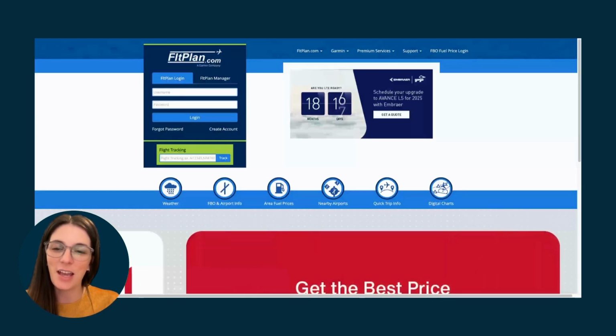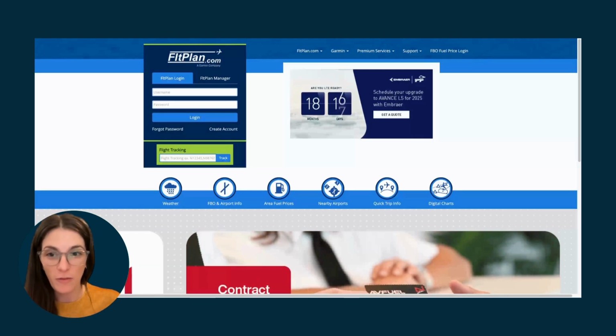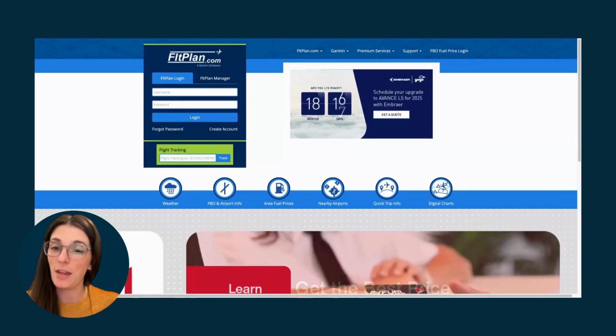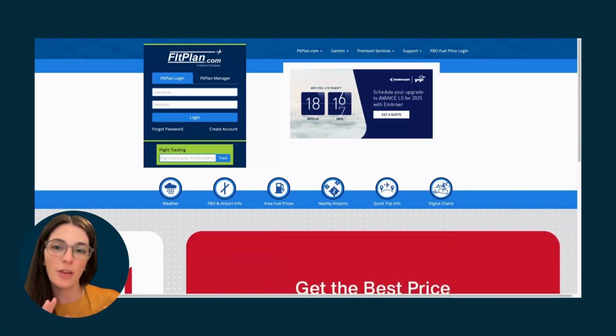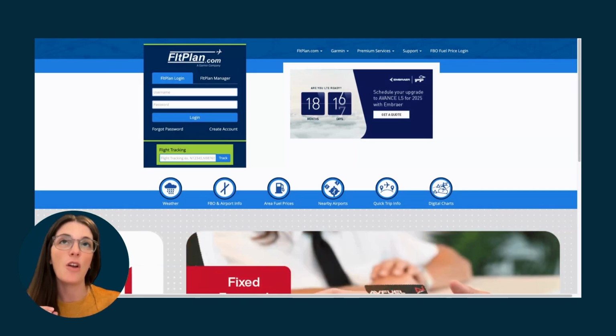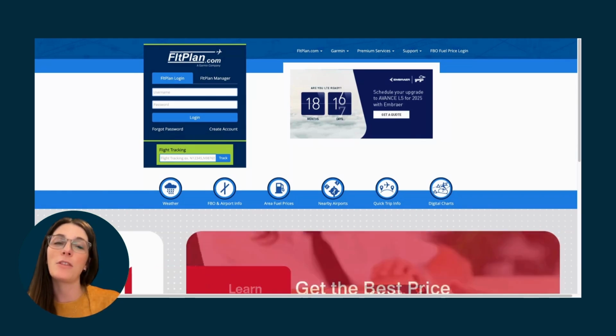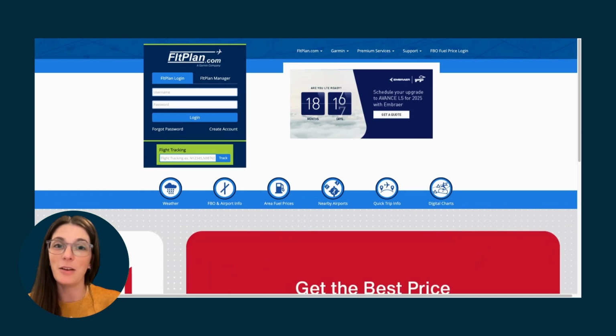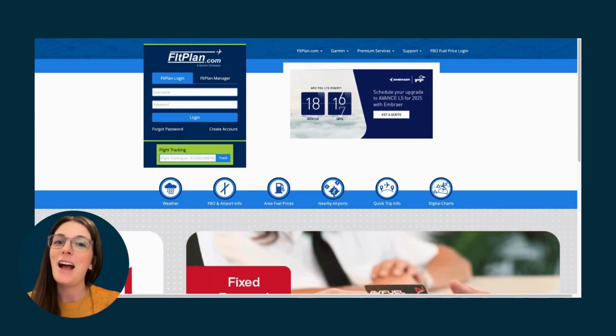I wanted to take a moment to show everyone how I access the Canada Flight Supplement pages and where the useful information on those pages is for Canadian drone pilots. So let's take a look at this resource that I'm sharing here, fltplan.com, which is a super helpful resource for